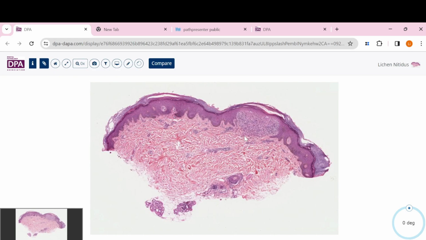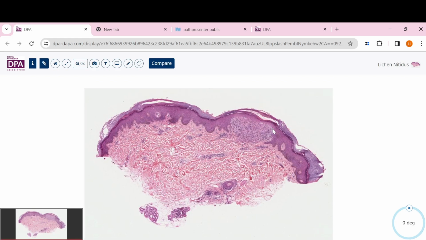And then for the differential diagnosis, I would like to put this one because I think for the test purpose, this one is really easy to make the diagnosis. This one, the diagnosis is lichen nitidus. Actually, you can think about it just like a lichen planus, but really focal lichen planus. We have the epidermis just hugging this kind of ball-shaped lymphocytic infiltrate like a lichen planus or maybe